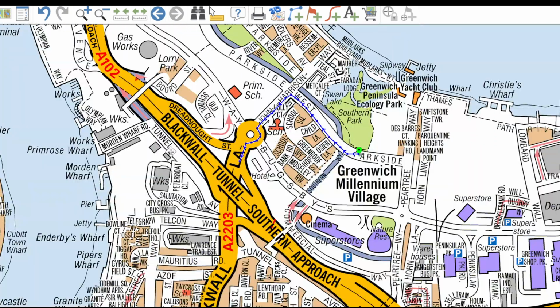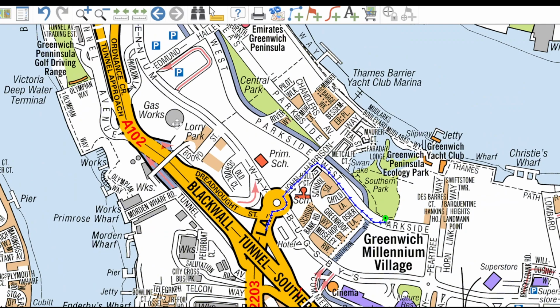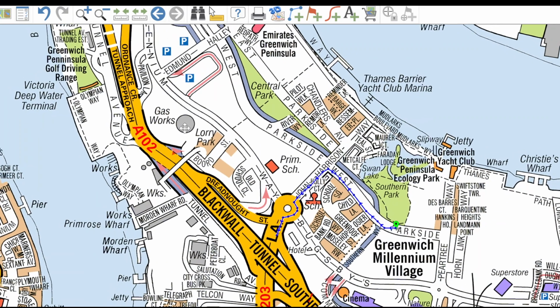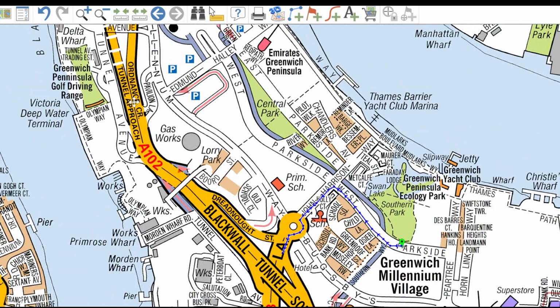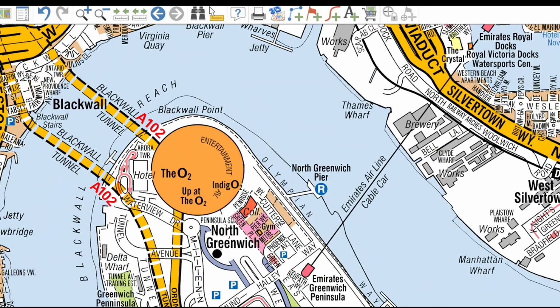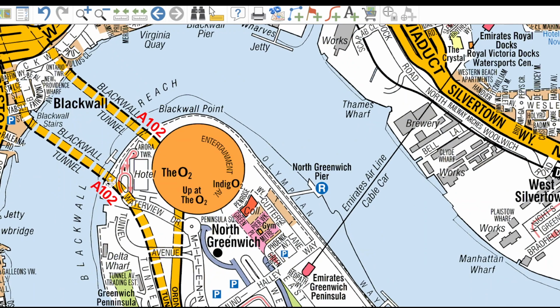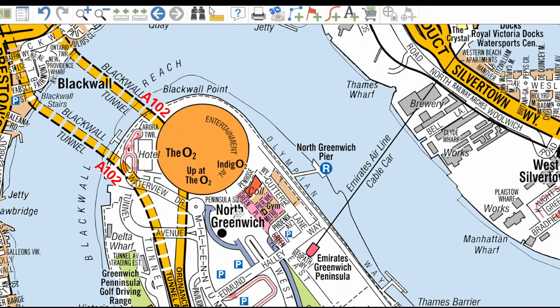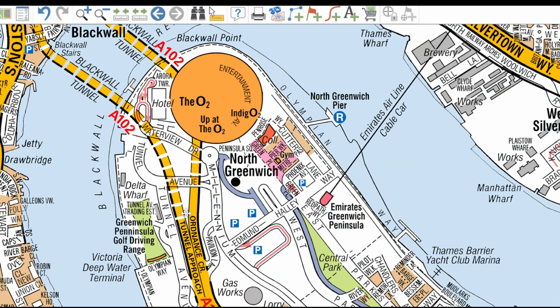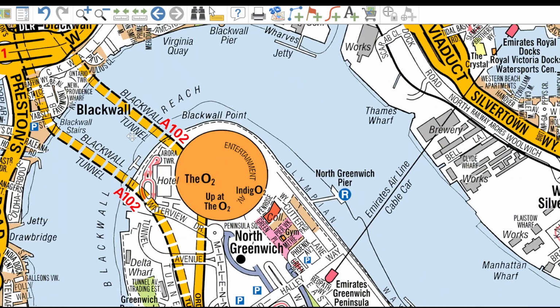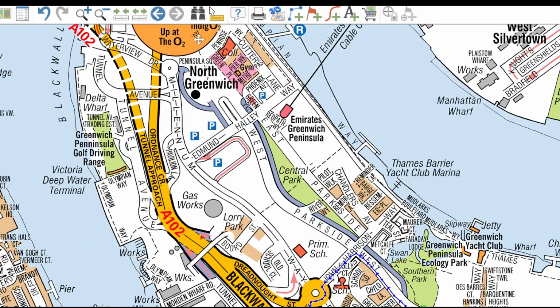Actually, you have to cross the tunnel, and you can only enter and leave the tunnel through the tunnel approach. So you have to reach this point. This is the tunnel approach. Actually, this is northbound and this is southbound. You can go through this point and you can come back only through this south tunnel.